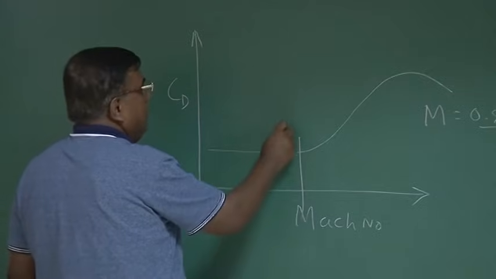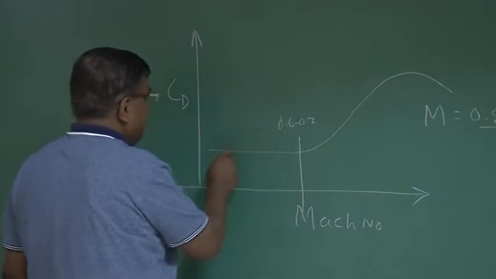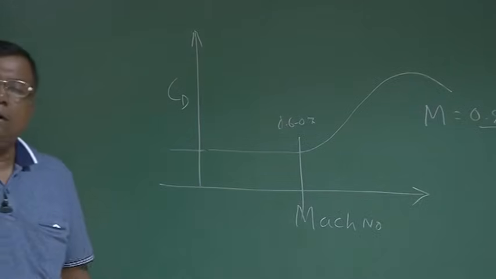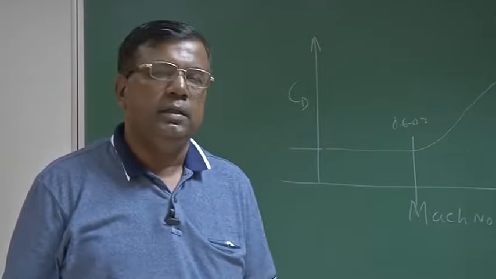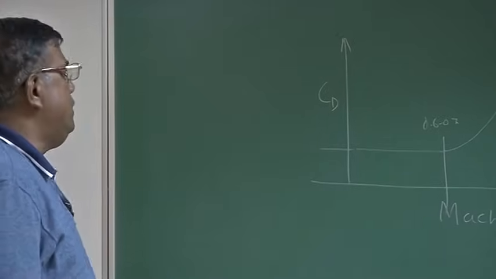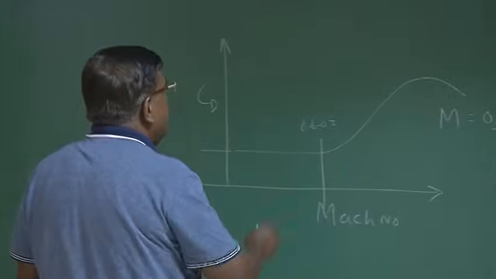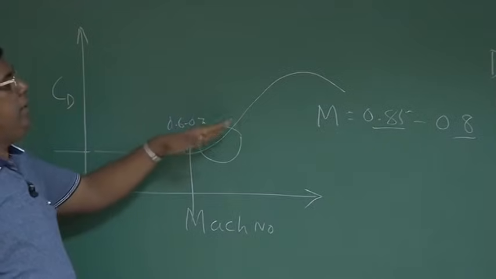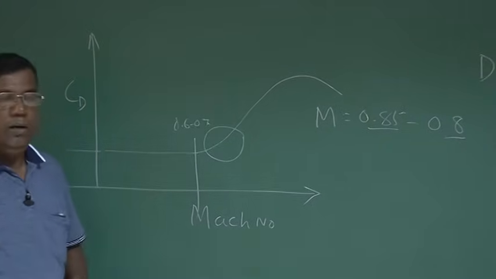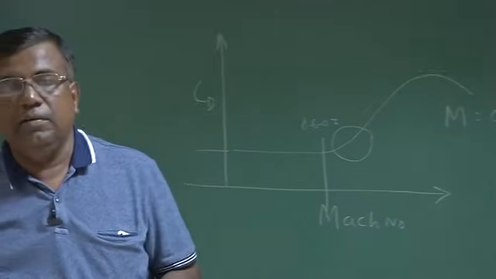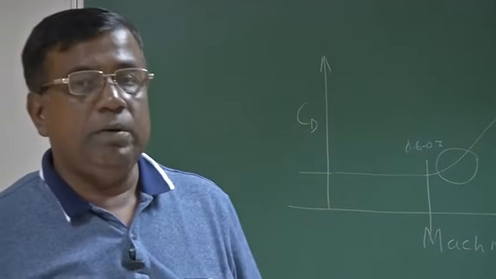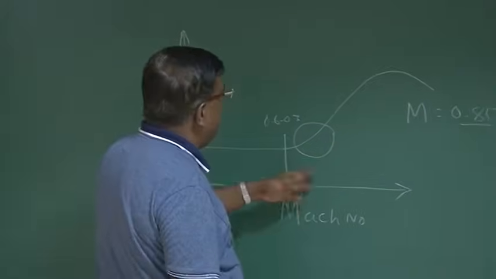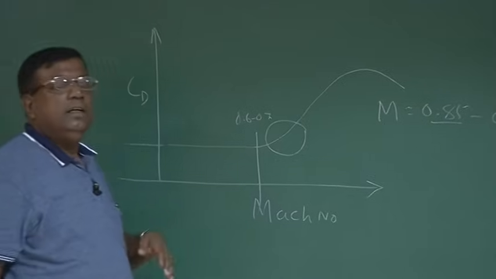Up to let's say 0.6 to 0.7, all the aerodynamic coefficients or parameters, derivatives, almost they remain constant with Mach number. Whole story begins beyond 0.6 or 0.7, and there is a region here where there is a sudden, sharp rise in CD. So typically we call it Mach divergence or, to be more precise, drag divergence Mach number. That is where at some Mach number, there is sudden increase in the drag profile.